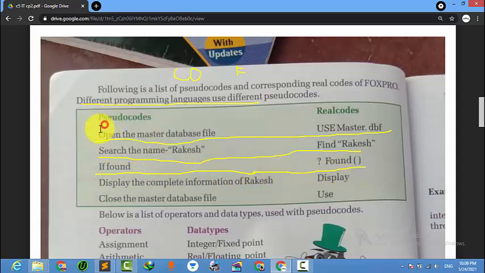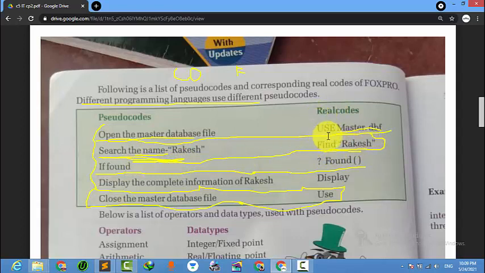So each programming language uses different types of pseudocode. Pseudocode is short and a little bit different, okay, which can be understood only by that particular language. This one is a little bit tough, like they are using some kind of keywords, right? But in here it's very easy, right? Their code is also easy.